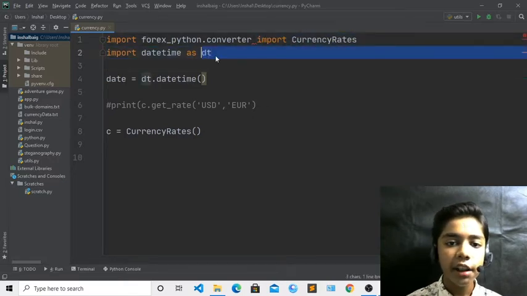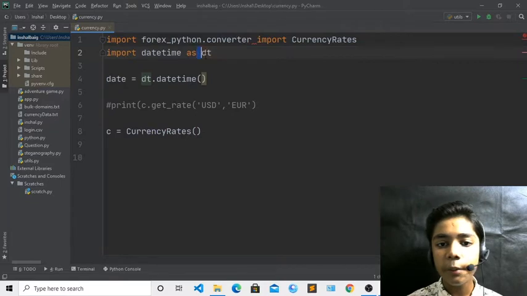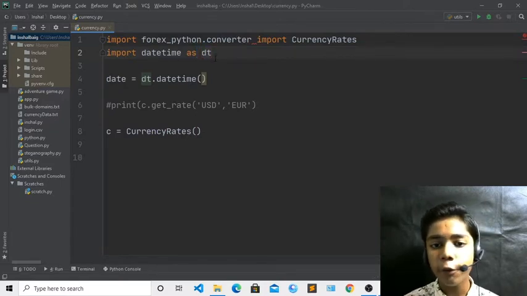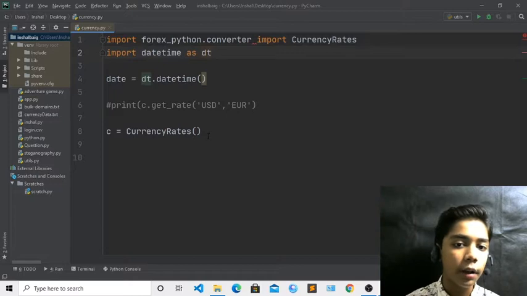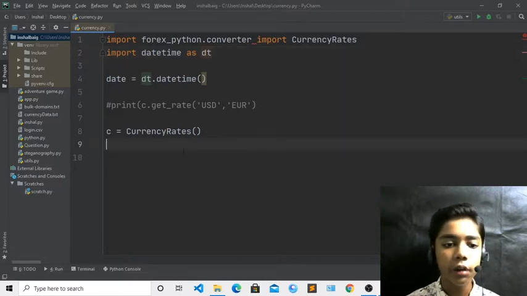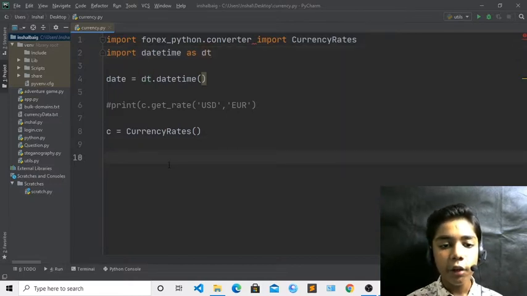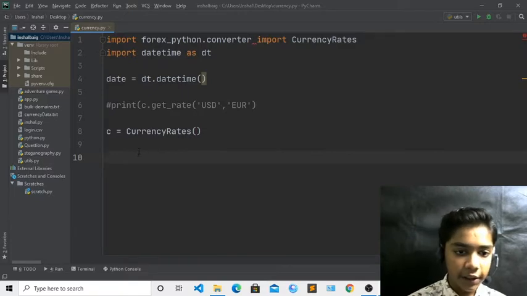There is one problem, that it does not come in rupees. If you are doing it in Indian or Pakistani rupees, it will not come. It only comes in euros and many others, but it will not come in PKR or Indian rupees. Over here, when you have done all this with c equal to currency rates,